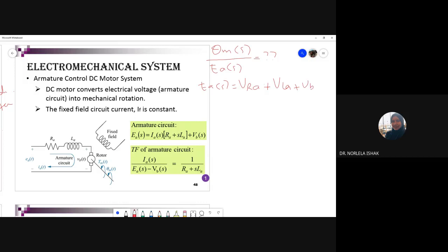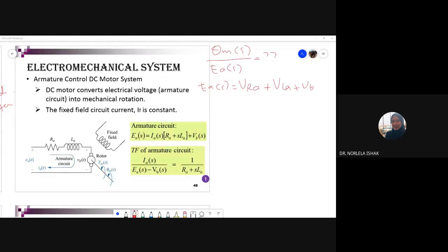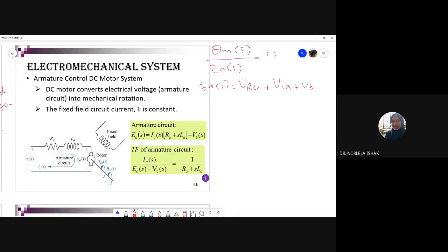Is it correct, guys? Total of voltage around this armature circuit. Everybody with me? Yes. Okay. So our applied input equals voltage through the inductor plus voltage through the resistor